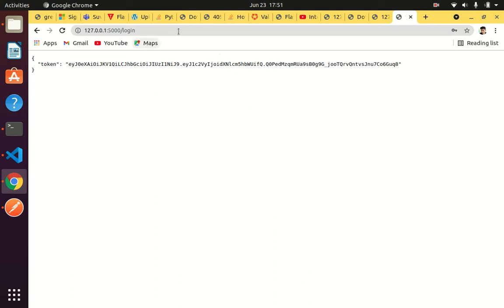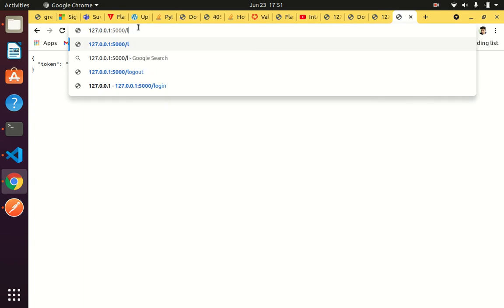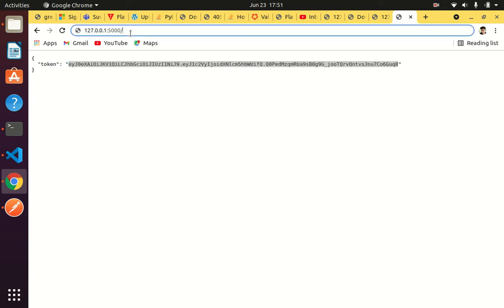Let me quickly copy and paste this token because we're gonna need it. Control C. Let's see if I'm logged in or not.